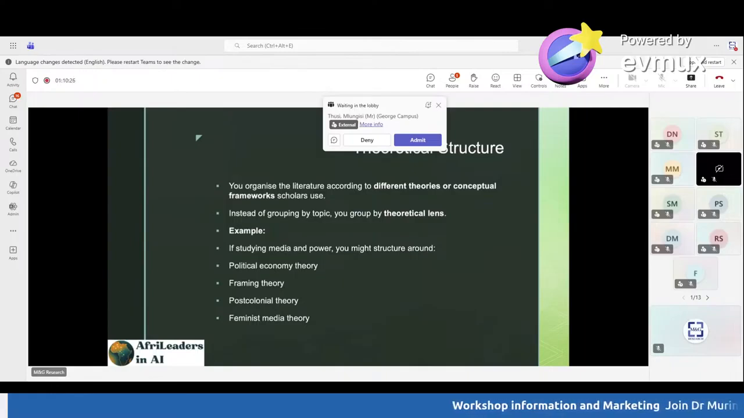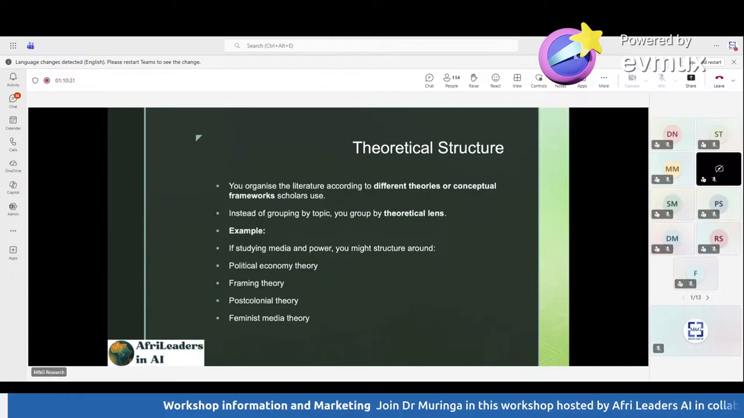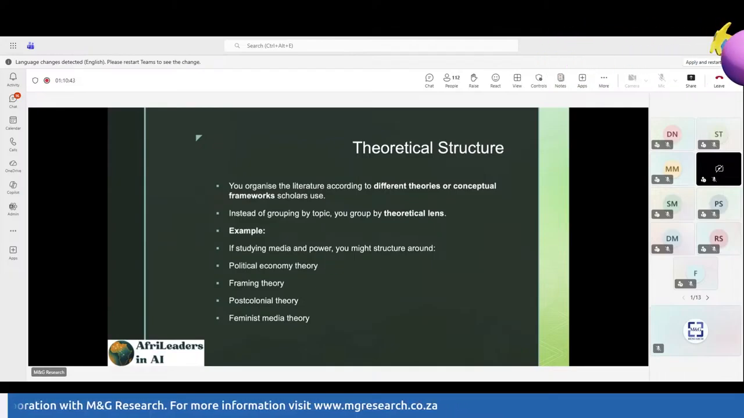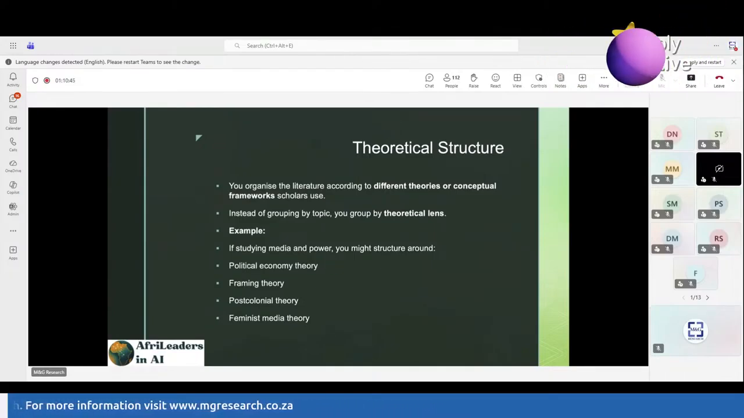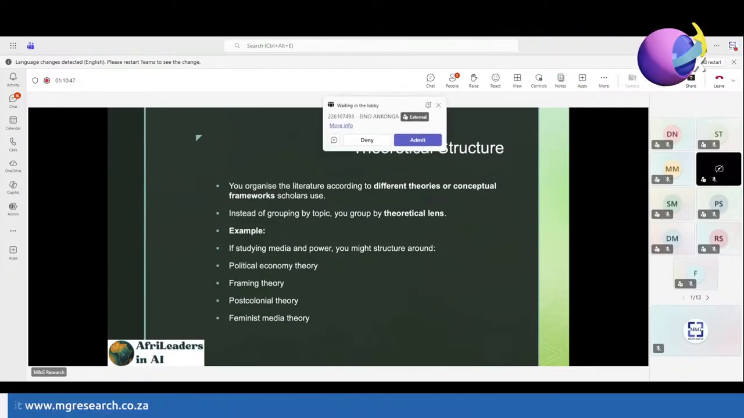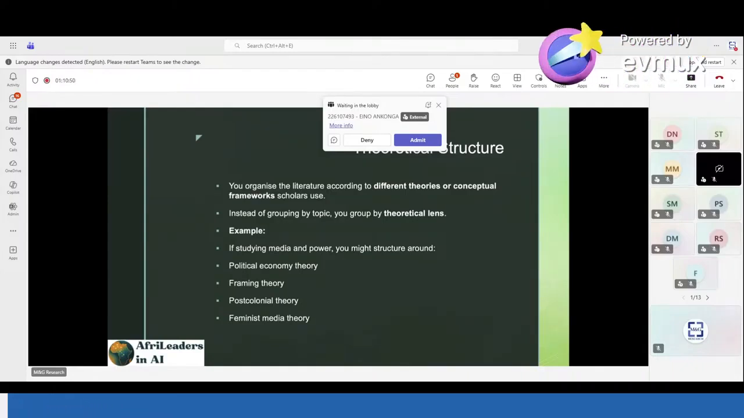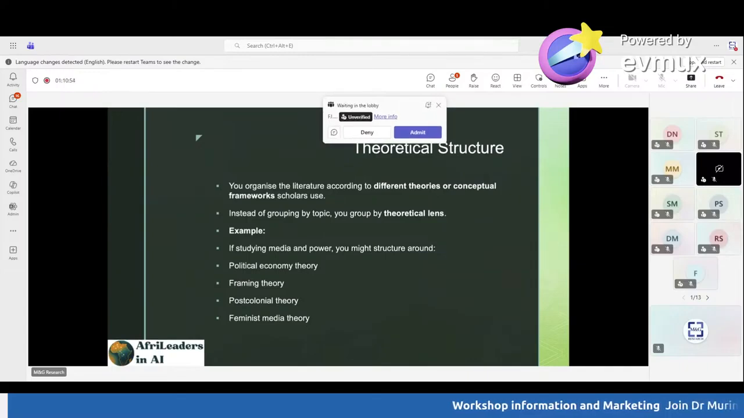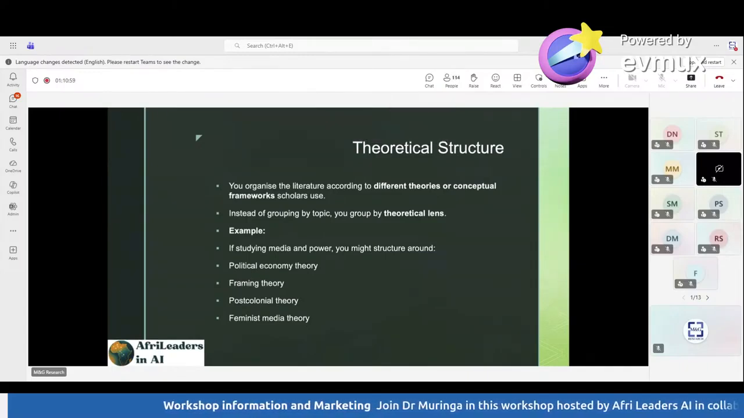So I'm not having a summary of authors, but I'm looking at these 10 authors that focused on political economy theory, right, as it regards to how they have been used in reporting women leaders. So I'm advancing my argument from a theoretical position, and I'm advancing my argument from the framing theory position, right? And this approach is very strong, especially when you want to develop